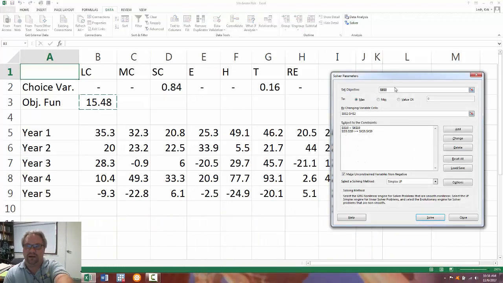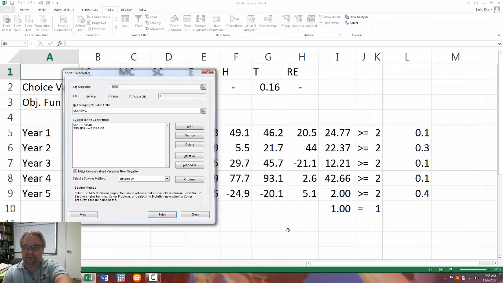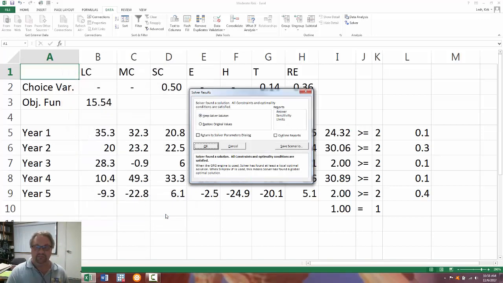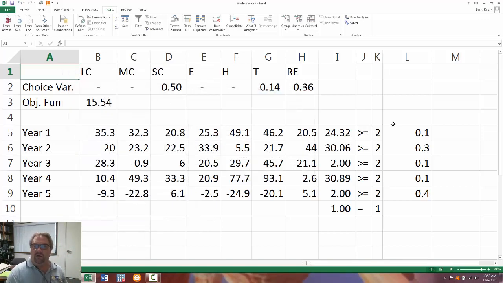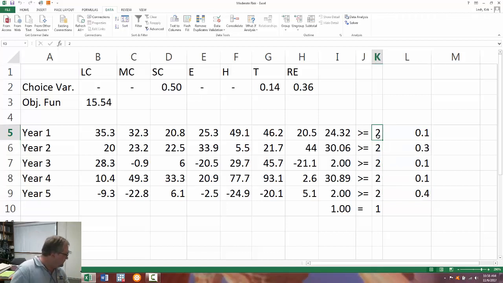So here I want to maximize B3, that's true, by changing B2 to H2, great. I10 has to equal K10, perfect. And then I5 has to be greater than or equal to all of these. All right, I'm done. I hit solve. There you go. So when I change the likelihood that these different scenarios are going to occur, and I have a maximum risk of 2%,